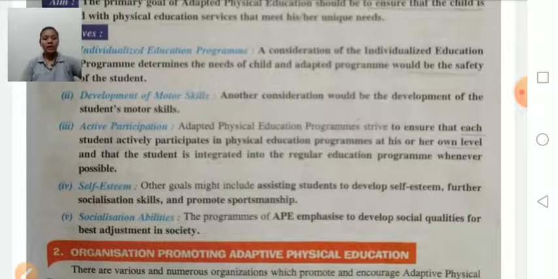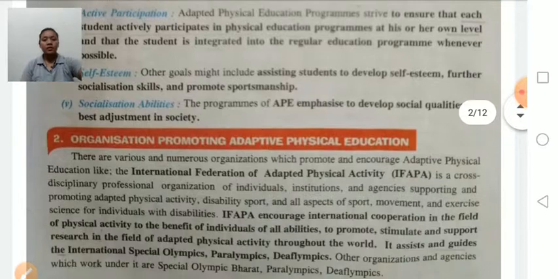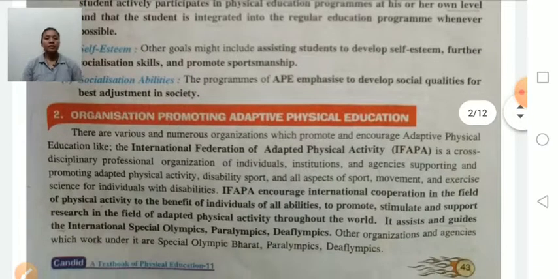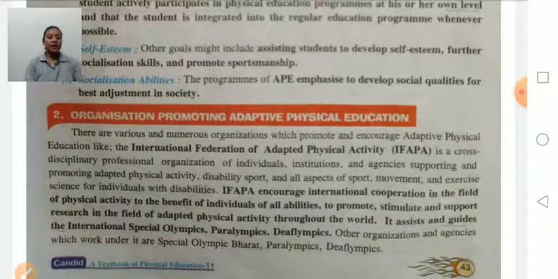These are the objectives. The next is organizations promoting adaptive physical education. There are various and numerous organizations which promote and ensure adaptive physical education, like the International Federation of Adapted Physical Activity.